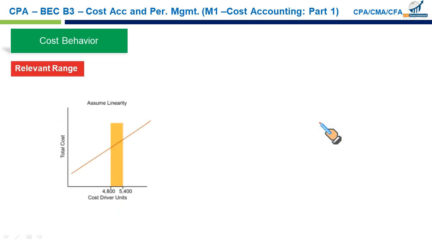Remember, as we just discussed a little while ago, within the relevant range, your total fixed cost stays the same, and your variable cost per unit stays the same. This is very important. Relevant range means the range established by your production capacity. It might be established by the contracts with your workers, or it may be because of the contract with your vendors who provide you the material, whatever constraint that limits your activity.